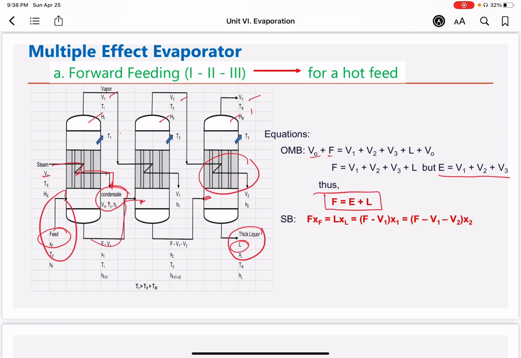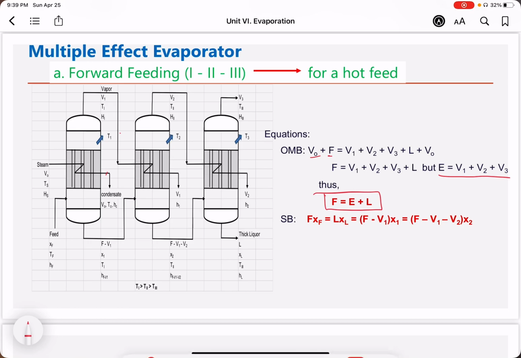And again, we try to check the FXF solute balance. So for the solute balance, the one that is entering, FXF, is equivalent to LXL. But that is also equivalent to F minus V1 times X1, and equivalent to F minus V1 minus V2 times X2. And the rest is for the computation of your